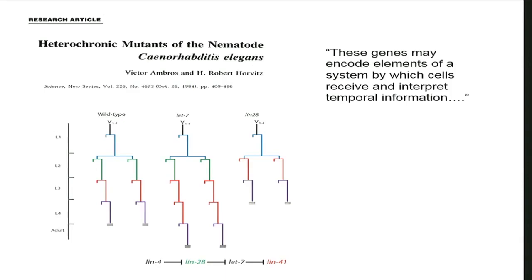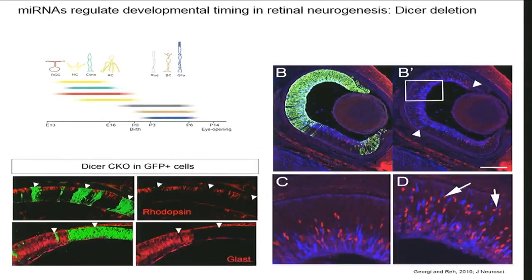And so this heterochronic pathway has been really one of the mainstays of the field as showing how these kinds of processes could work. Well, I saw that paper years ago and thought, oh, that's very interesting. Maybe that's how the timing in development of the nervous system works. But then I really didn't do anything about it and just noticed that. But 10 years went by, and a student in my lab actually did a Dicer knockout for a completely different reason. And when we conditionally knock Dicer out of the retina, it gets rid of all the microRNAs. And when he did that, essentially the clock stopped at the early stage.